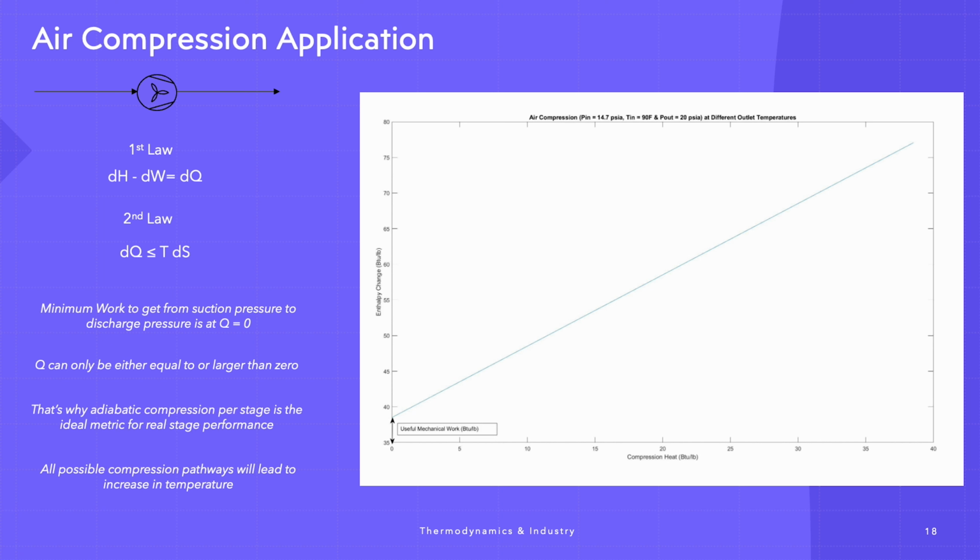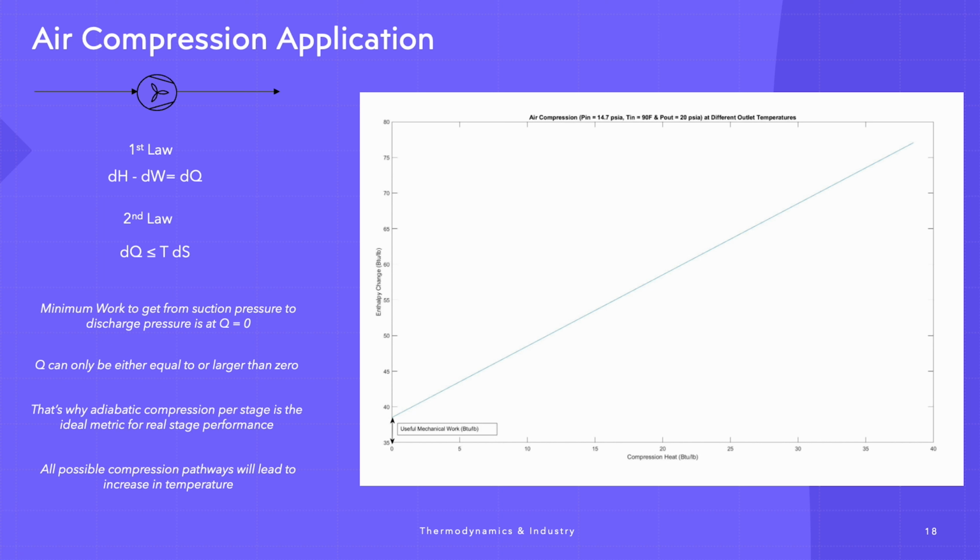So if we take that into perspective, the first law has to be conserved. So pretty much the enthalpy change will be equivalent to how much work you are adding and how much heat is being generated. The second law is going to be saying your dQ can only be 0, minimum. It can be 0 or more than that. And that's why normally